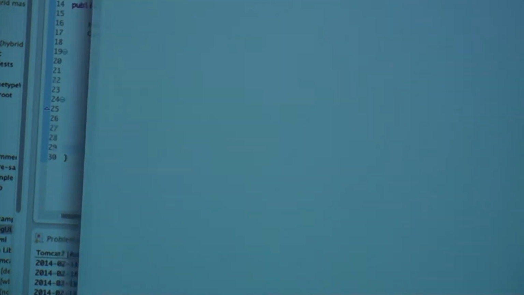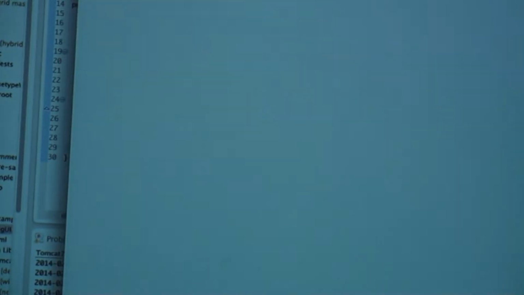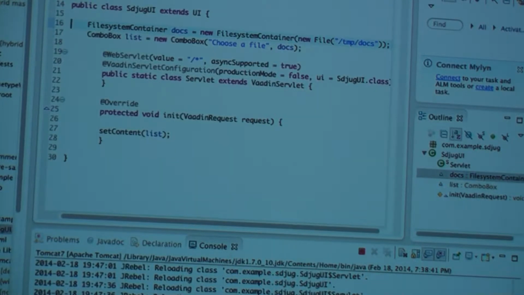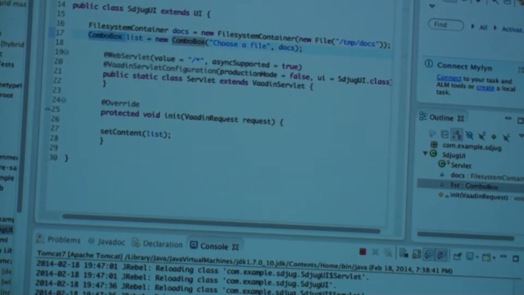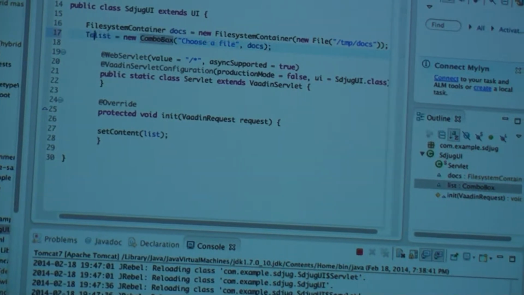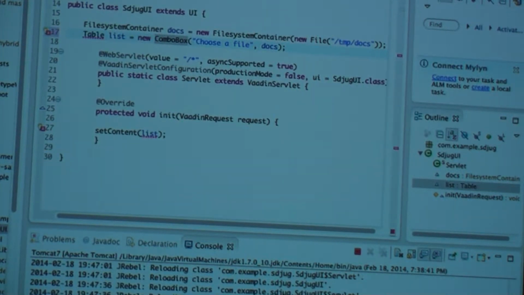So now we actually see a list of files from the file system. Things like paging work out of the box automatically. I can do auto completion for these file names and so forth. This part we just coded in two lines, basically the data source and the combo box. And we can use the fact that all Vaadin components share the same data source interfaces. So we could say table instead of a combo box,